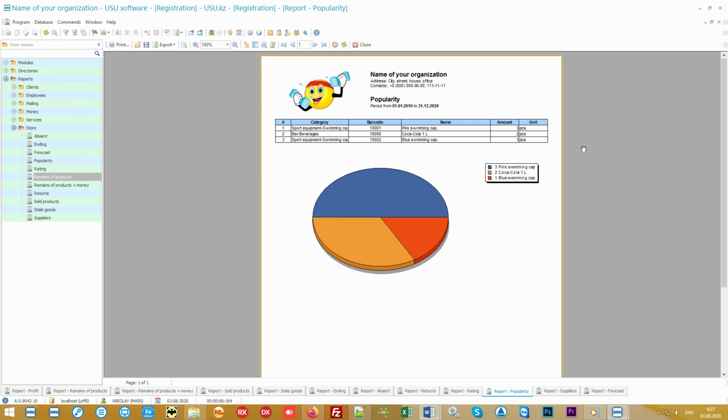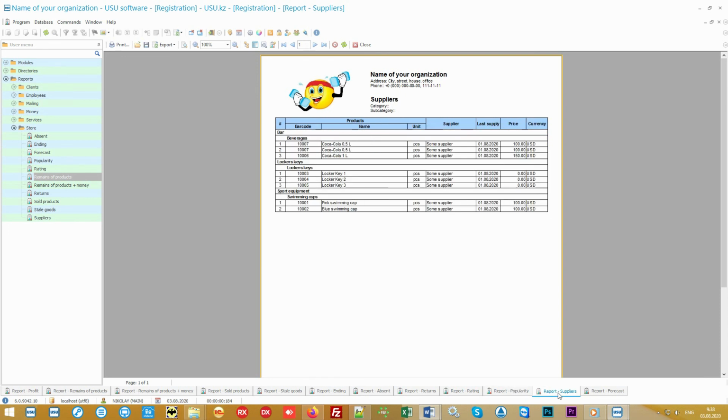And if these same products are not in the rating, and you do not earn the most from them, then you will already understand that there is an opportunity to increase the price of this popular product in order to transfer the amount to additional income. In order not to spend too much on procurement, analyze the supply of goods. See when, at what price, and what exactly was purchased.